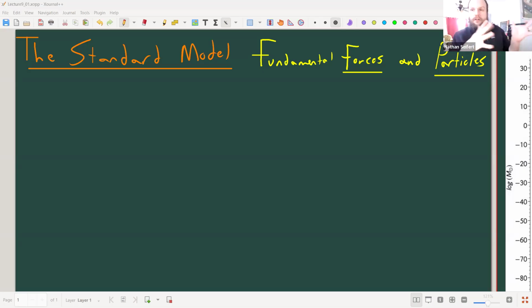So I want to understand, very basically, what does the mass and distance scale look like? And how does chemistry fit into it? How do some of the particles, like electrons, we've been talking about electrons and atoms, fall into place? What are they made up of? And how do they fit into the bigger picture? So that's the standard model.